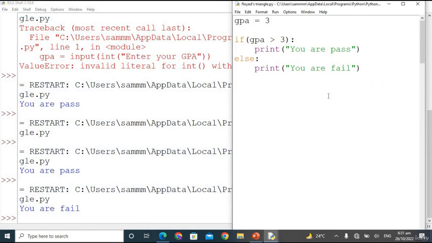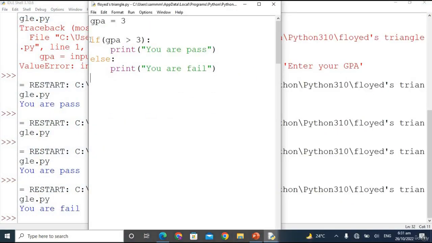Okay guys, so I'm continuing the same example. We are done with if, we are done with else. Now we are going to do another thing, which is else if. So else if always comes in between if and else. So now let's write the keyword if, and give here a condition. So I'm passing another condition here, like I'm changing the GPA to 4. If the GPA is greater than or equal to 3, then type here